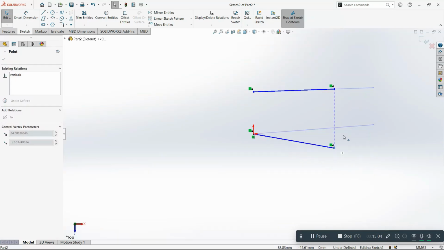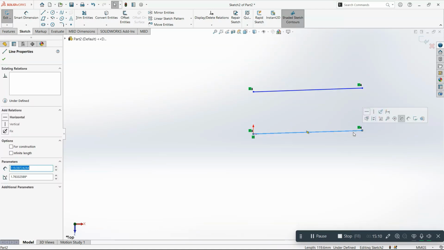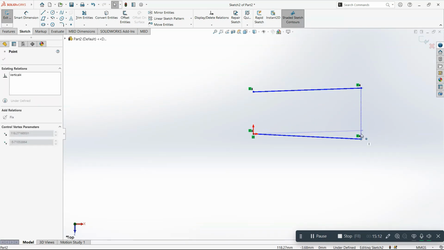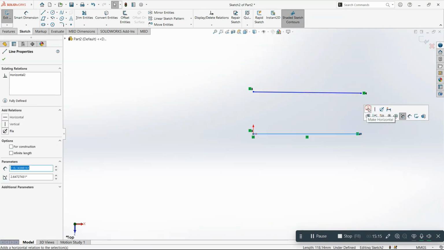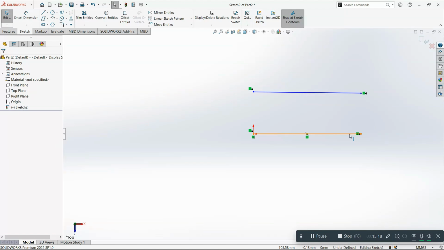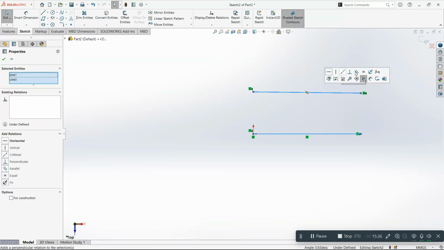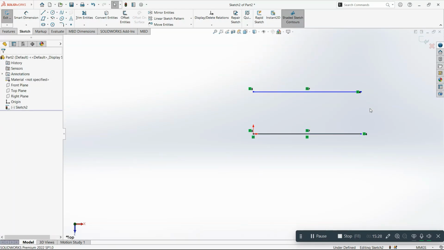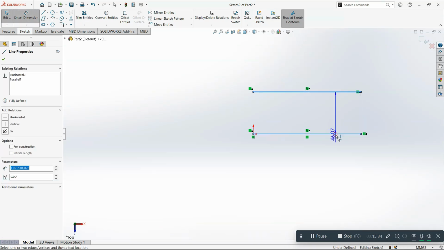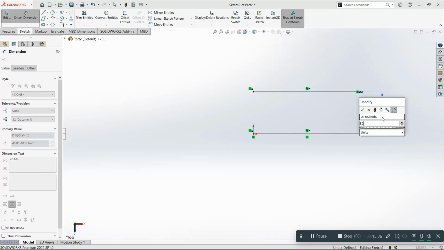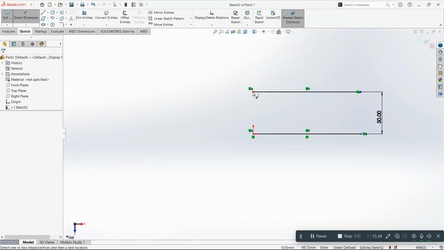Since the line can currently move upward, downward, backward, forward, firstly I will restrict its upward and downward motion by clicking on the horizontal tab. It depends on the requirement, but currently I am just suggesting what to do. Let's say these both lines are parallel, and let's say both lines have a distance of 50 mm. Since the vertical relations have already been added and the degrees of freedom are all closed,